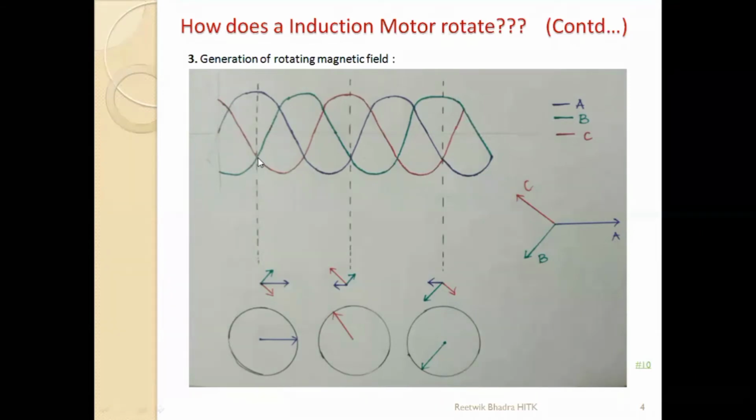The dotted line is cutting red and green when they are becoming negative, so obviously red and green will be negative. See, red and green drawn over here is positive on the right hand side. So negative will be in the opposite direction, so I have done it in the opposite direction.